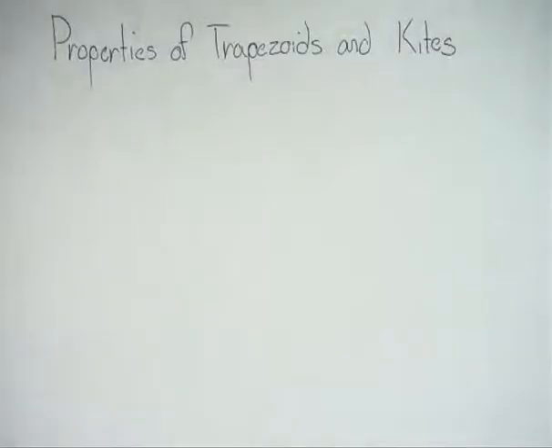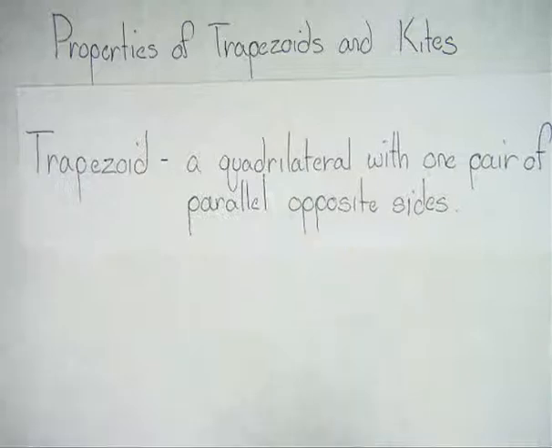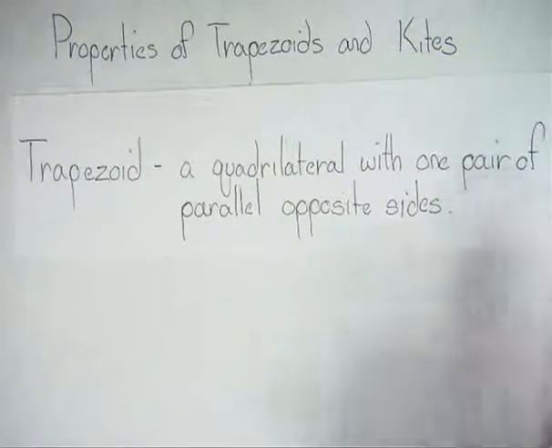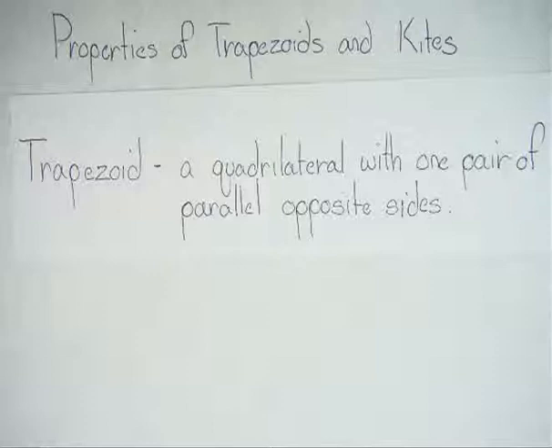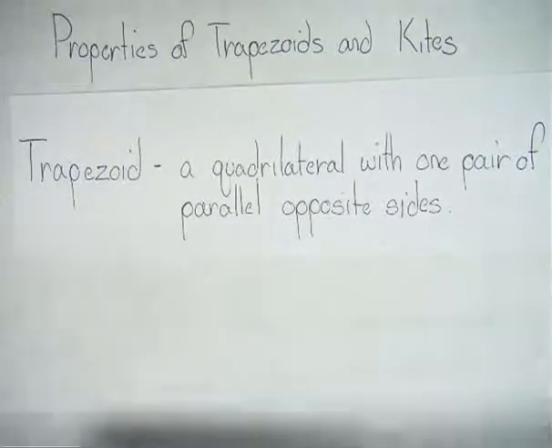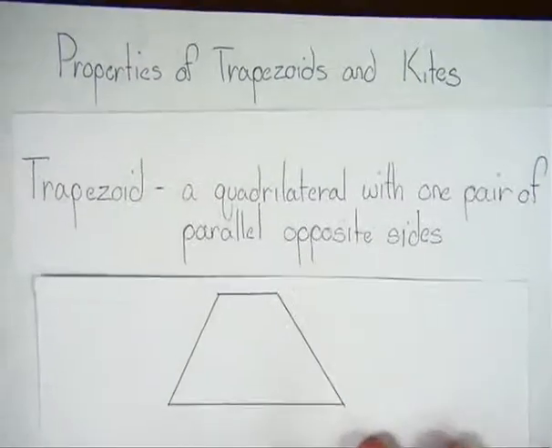Alright, let's take a look at some of the properties of trapezoids and kites. So first, a trapezoid is a quadrilateral, easy for me to say, with one pair of parallel opposite sides. Now notice this is different from a parallelogram. In a parallelogram, both pairs of opposite sides are parallel, but when we have a trapezoid, such as this one,